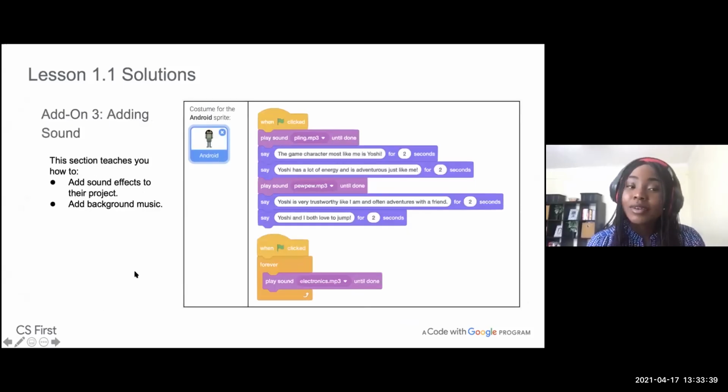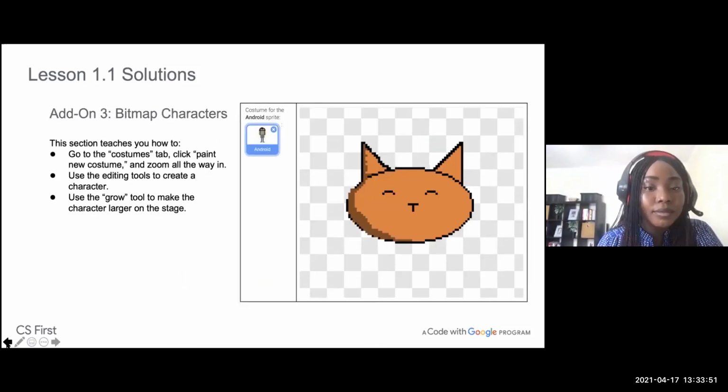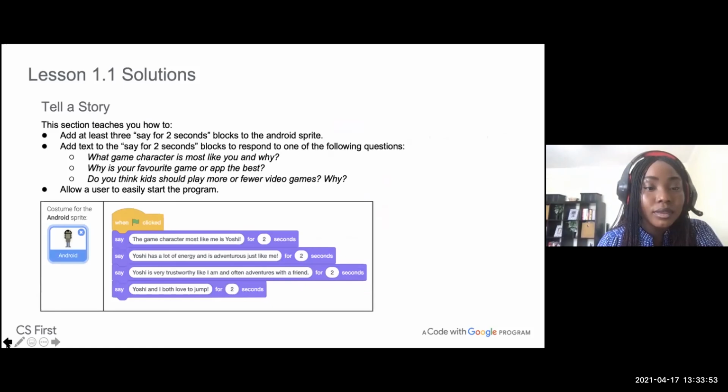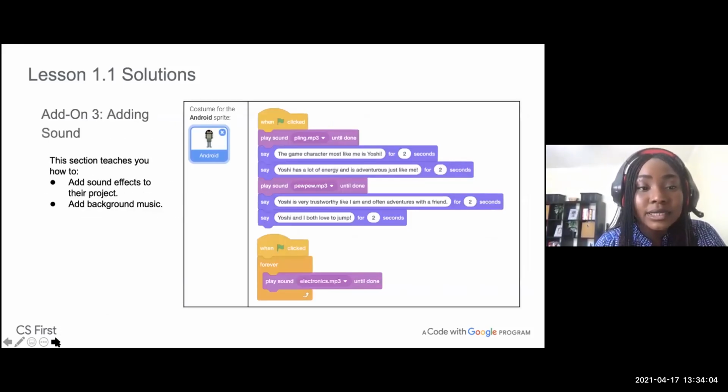And then the third add-on is sound. I think the first person, Laxria, who did hers, added sound. Remember, if we go back to the tabs, here you have the three different tabs: you have code, you have costume, but you also have sound. Now, if you want to add sound,